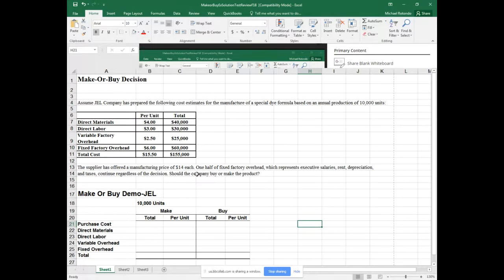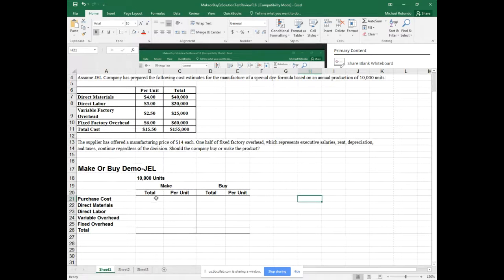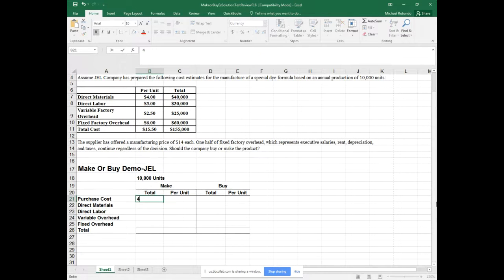So based on 10,000 units, if we make it, we already have the data. The purchase cost would not affect the make, of course. We know our direct materials are $40,000. Our direct labor will be $30,000. Our variable overhead is $25,000, and we're pulling this right off of here, right? And then our fixed overhead is $60,000. As we would expect, that totals